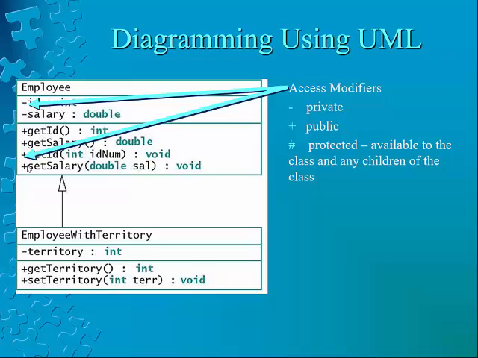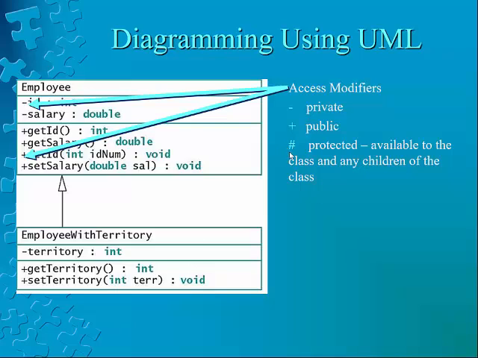These minus and plus signs are your access modifiers. Even though we can't see the ID anymore, the minus sign indicates that this is private. These are private fields, which means, of course, that they're available only to this Employee class. The plus indicates that this is public, in this case, a public method. If it was in front of the field, it would be a public field. So you can see that all of these are public. Makes sense. They're getters and setters that are getting and setting, for example, territory.